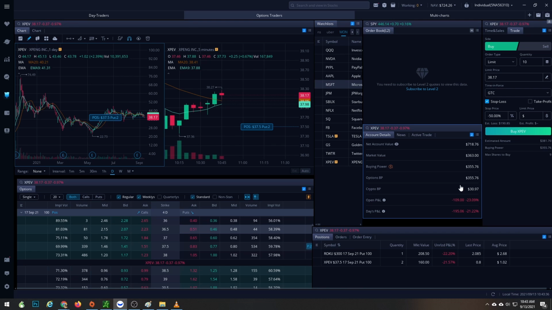I catch myself periodically trying to revenge trade. I'm happy that I did not. These positions are more swing positions, so that's what I'm looking at now. If I do end up taking another loss on these particular positions, what I'll probably do is take a little break for a little while and then regather myself before I get back into this.